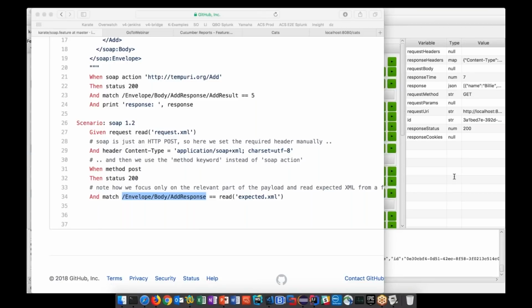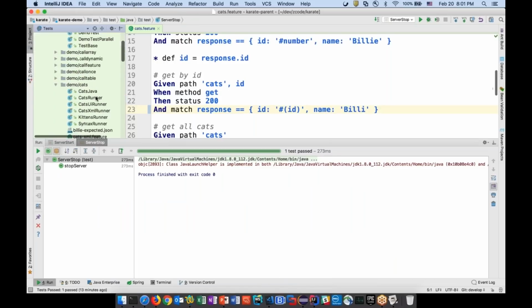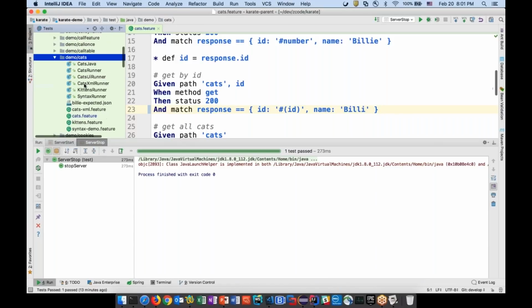If the request body is very complex, yes. Question from Bhupesh Pant. I think I'm interpreting this question to mean, if the request body is very complex, it's going to be hard to manage in your test case. So how do you do this? And there's a second part of the question, which is about how do you check against a DB? I'm going to get to that. The quick answer to the first part of the question is that Karate very easily allows you to read from a file.